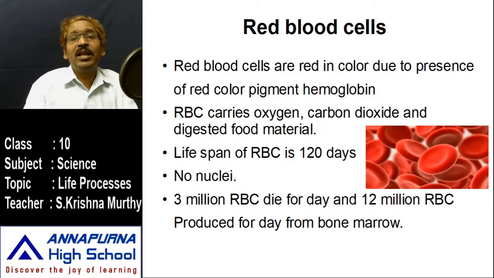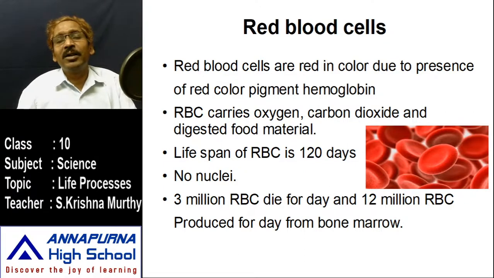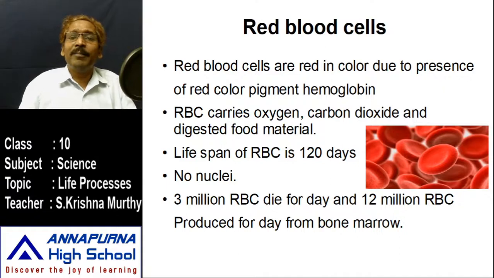Whatever the doctor says, to eat this kind of material so we can get blood, what actually happens is that those materials prompt the growth of bone marrow. Whenever the bone marrow grows more, it produces more blood cells such as RBC, WBC and platelets. So to get the required amount of RBC, WBC and platelets, we have to eat material that prompts the growth of bone marrow in the bone.